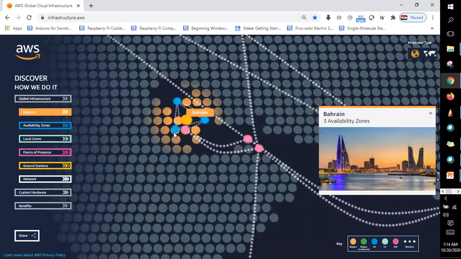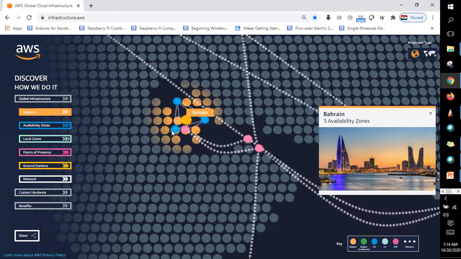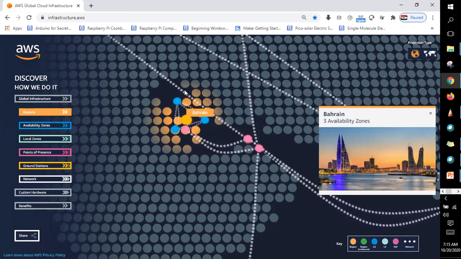So a region is a geographical area and we have availability zones in this region. One or more data centers will make an availability zone and one or more availability zones will make a region. You see these availability zones are connected with each other with low latency.